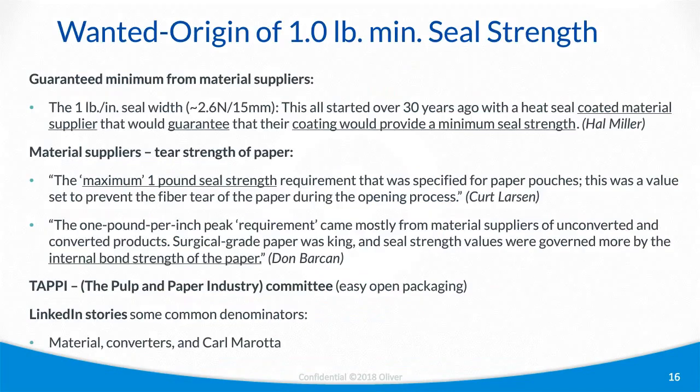So, as promised, the search goes on for the 1 pound origin, and it still continues. But here's a summary of some of the possibilities that I've collected over the years. And it starts with guaranteed minimum from material suppliers, the general version of where it comes from. And basically, from heat seal coated material suppliers, it's what they could guarantee that a material would provide as a